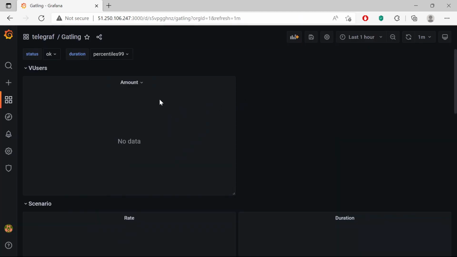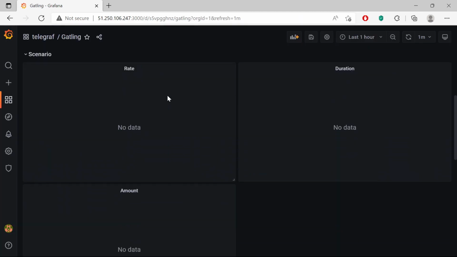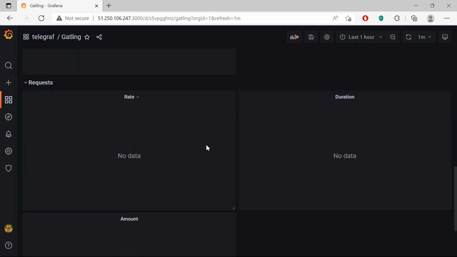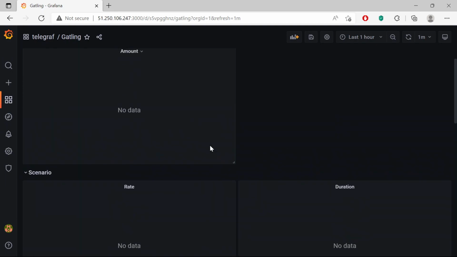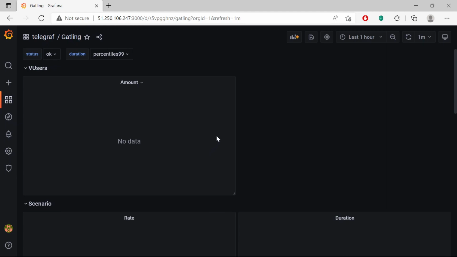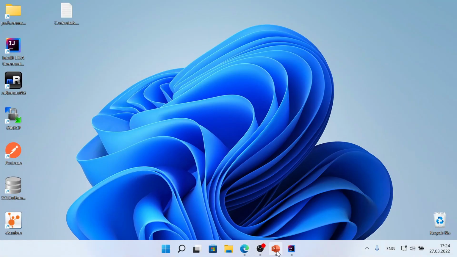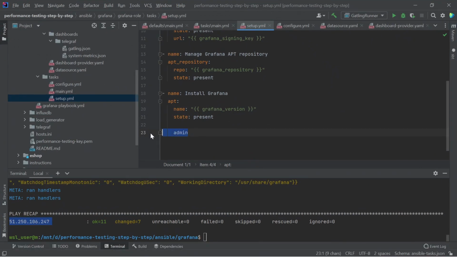We also have a dashboard with information about requests of the load generator. It is provided by the Gatling framework. So far nothing has been displayed because we have not created a generator and have not run any tests. So at this stage it can be assumed that the monitoring has been installed successfully. In the future we will deploy the test object and develop a load generator. This will give us additional metrics and the ability to analyze the performance of the eShop application in more detail.